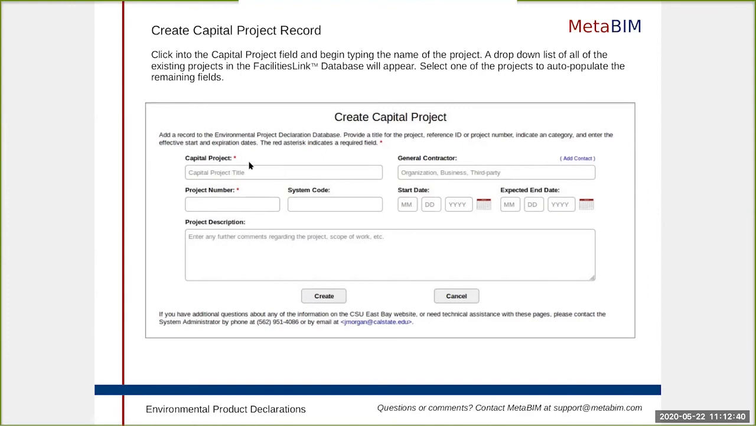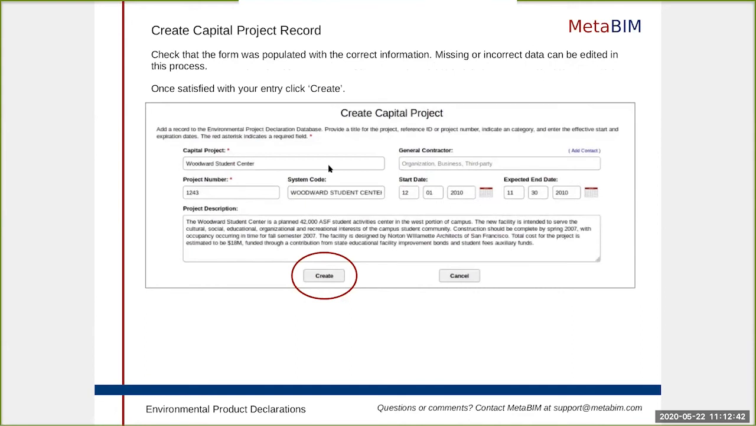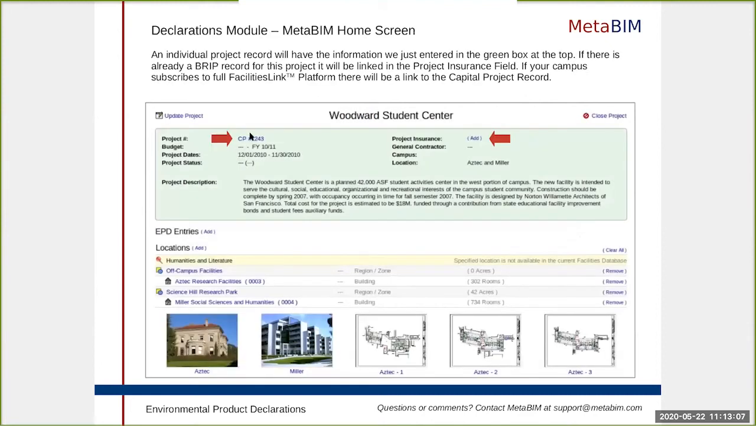When you select a name from that list, it's going to automatically populate lots of information into this form for you to save data entry. If anything's missing, or this is the first record of the project that you're putting into Facilities Link, you can go ahead and dial it in, edit, and update as needed here. Once we're satisfied with our entry, we can click Create. And when we do, we come to